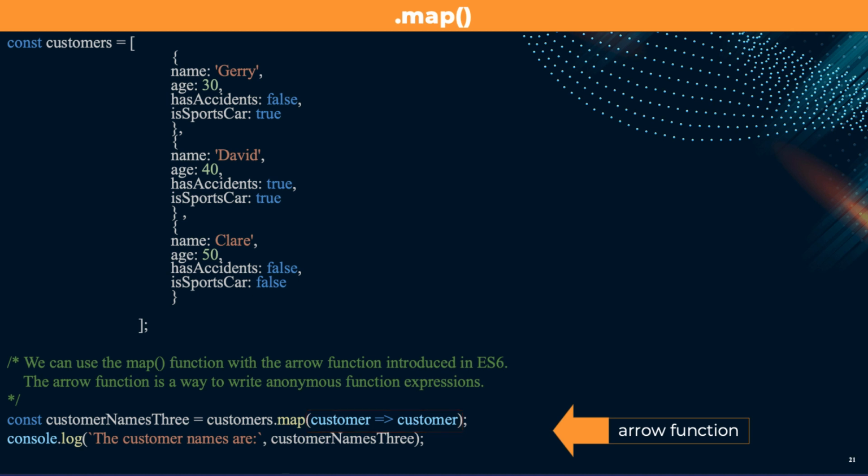So we are saying customerNames3 is equal to customers, which is our array, dot map, and take the customer and put it to another customer. Or it could be customer multiplied by 10, divided by 2, whatever. And then console.log, the names are,